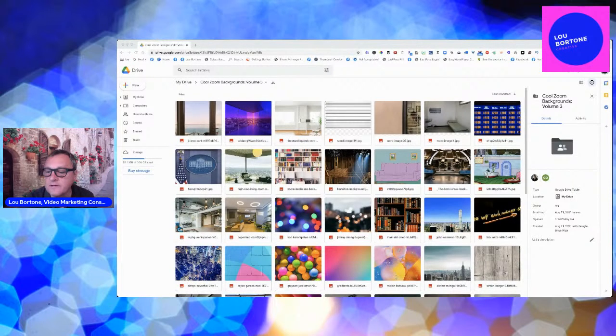I'll put the link in the Facebook group afterwards because I don't have it handy. That way you can pull down any of these images and use them as your Zoom background when you're doing a Zoom virtual background with a green screen. I have the press room at the White House, the Family Guy couch, the deck of the Starship Enterprise, Jeopardy, prison cells, all just goofy backgrounds to have fun with if you are interested in any of that crazy stuff.